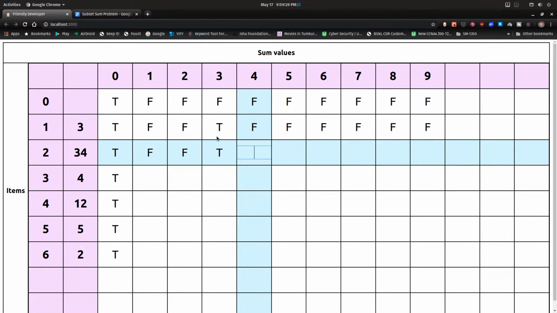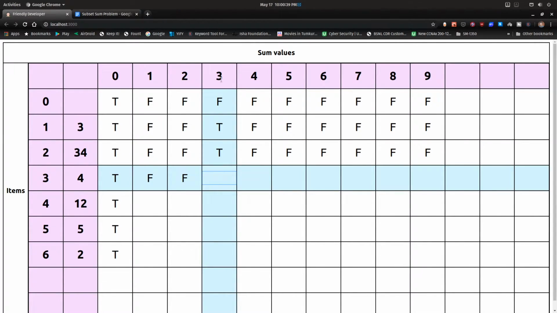So we just take the value from the previous row. Similarly, for other values, by excluding 34, we cannot form a subset that sums up to 4. So we say false. Also, we cannot include 34 because it's greater than 4. Similarly, for all these elements, that's the same case. Coming to the next row, here also our choices continue and we reach the third column. So here we check if we can make a subset out of the given set. Now, when we look at the third row, here we are considering a sub-problem that has only elements 3, 34 and 4.